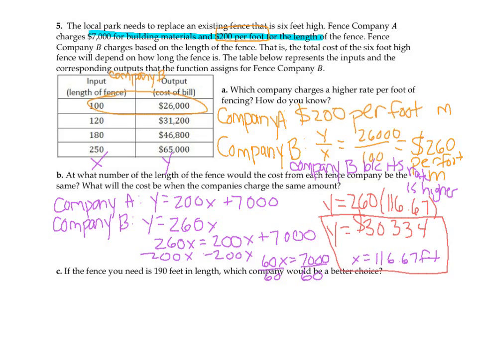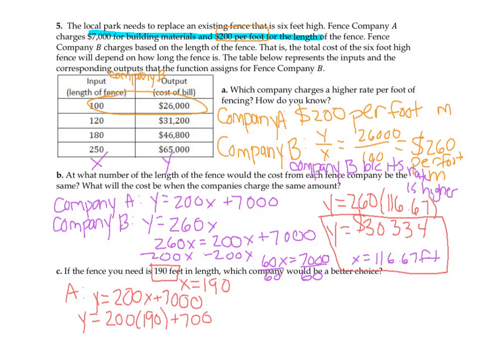Part C asks us, if the fence you need is 190 feet in length, which company would be a better choice? So it gives us 190 feet, and we know from our table that feet is an x value, so we can write x equals 190. If we want to tell which company is the better choice, we have to plug 190 into both of our companies' equations. So for Company A, our equation was y equals 200x plus 7,000. So we would plug 190 in for x, so we get y equals 200 times 190 plus 7,000. And when we do that on our calculator,